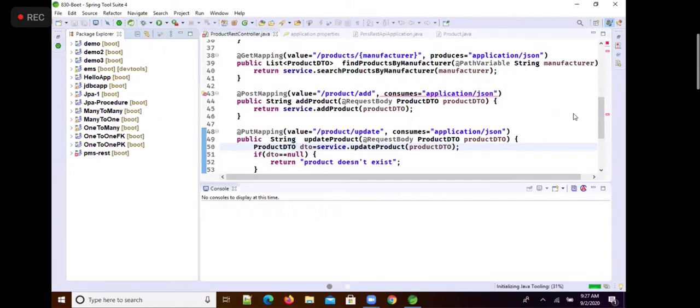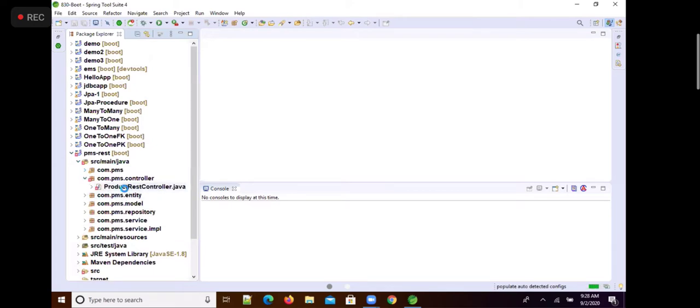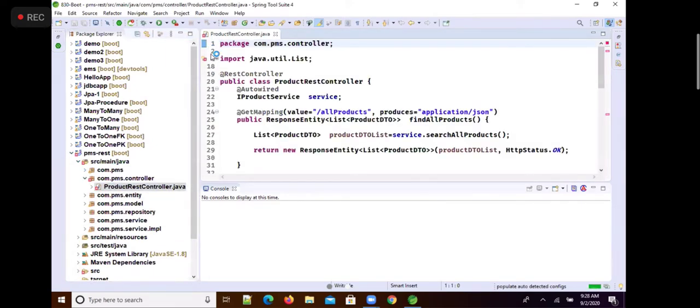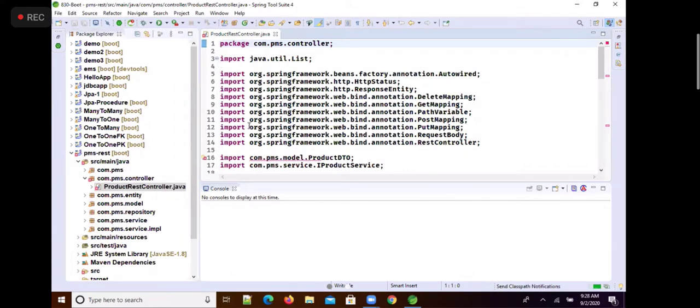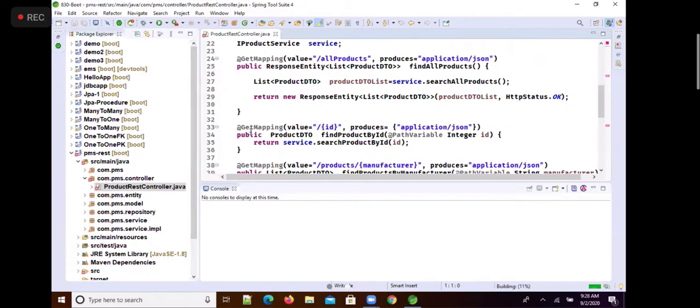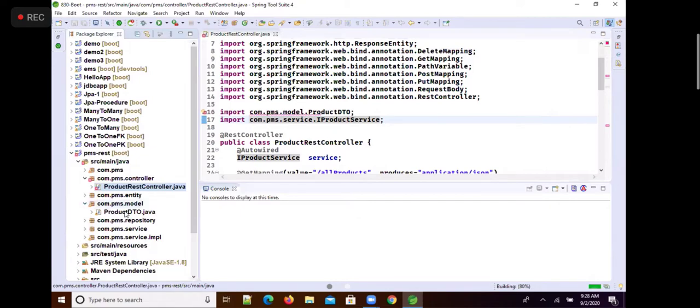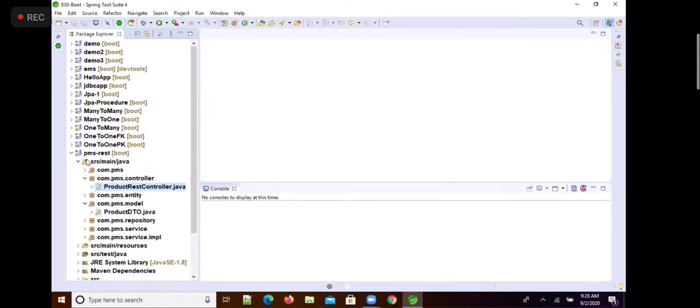Right. Choose a workspace. Right. Now this is our yesterday's example and it is working.